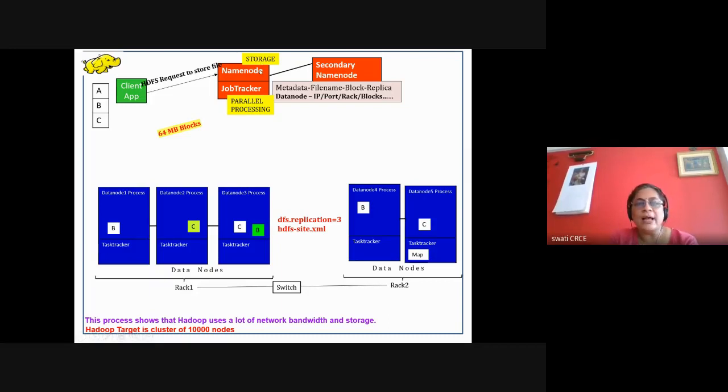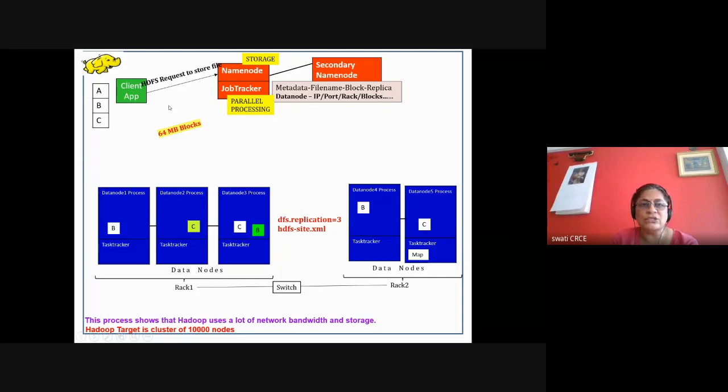Now name node has all this metadata information. So name node, in consultation with Yarn, will try to find out how many machines are there, how many data nodes are there, what is the space available on a particular data node. Then it will divide this entire file into blocks. The size of a block is typically by default 64 MB. So suppose it decides that the file should be divided into 3 blocks.